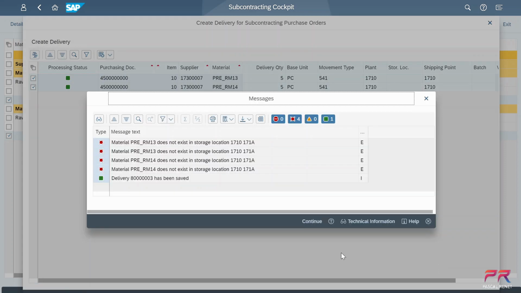Now the system here is saying that the delivery has been created and indeed saved, but the system is also providing me these error messages saying that the material PRERM13 does not exist in the storage location 171A. Now it's somewhat surprising why the system would pick 171A, because I have not even maintained this particular component in this storage location. But at the same time, it also highlights perfectly well the issue that we're trying to solve